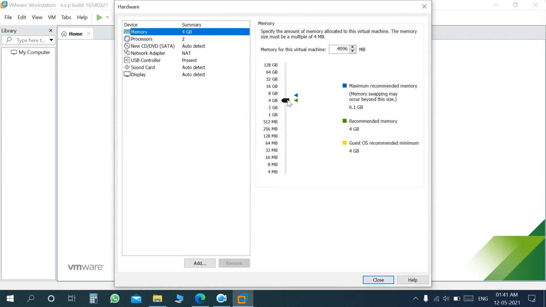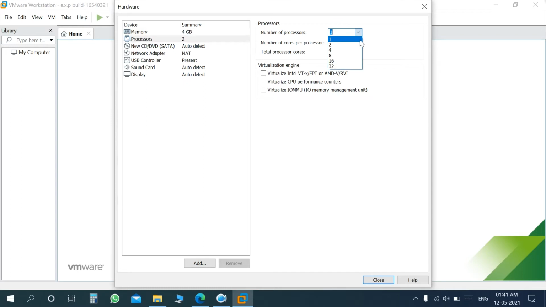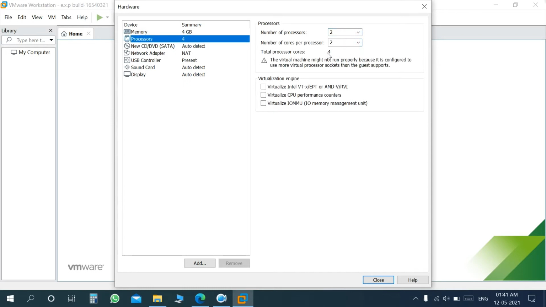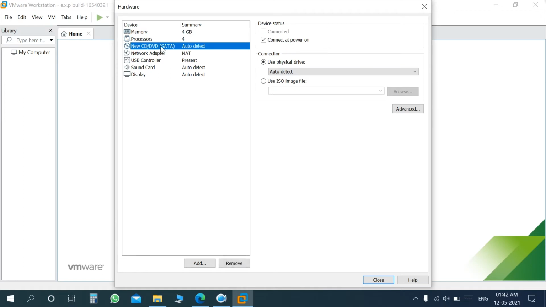Now here the memory is already selected that I want 4 GB RAM. You can give it as much as you want according to your system. This is half the RAM I am giving. And in processors also I will give half the number of processors that I have. And here now in new CD or DVD SATA,